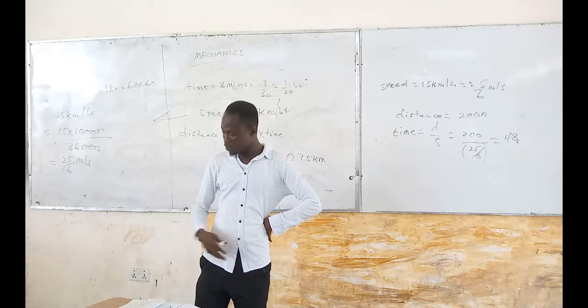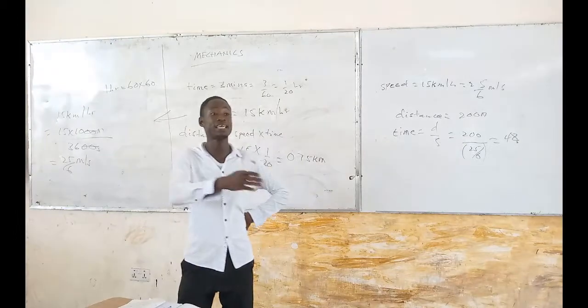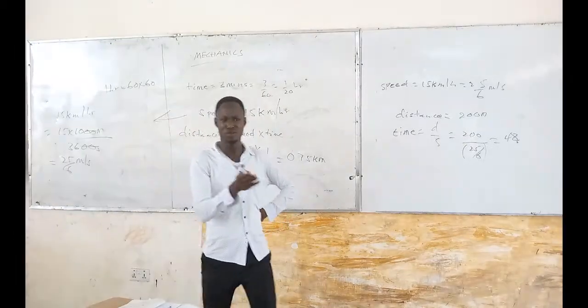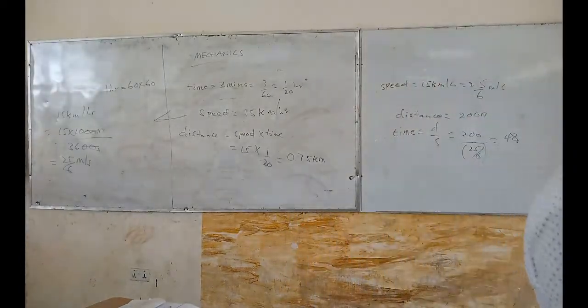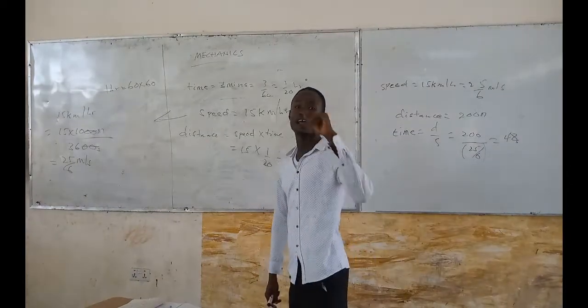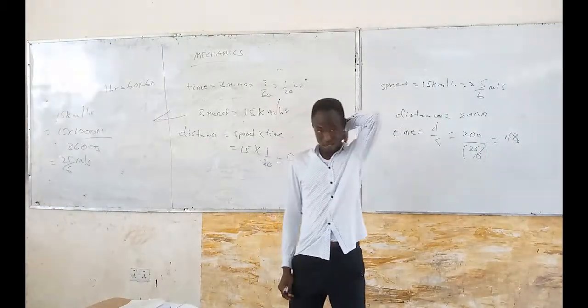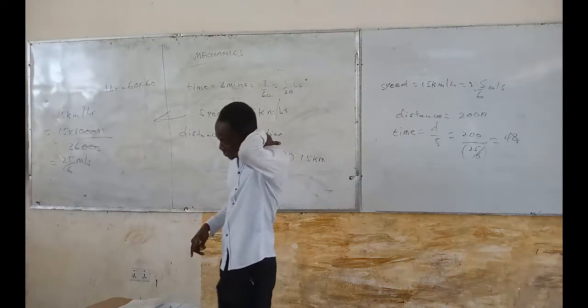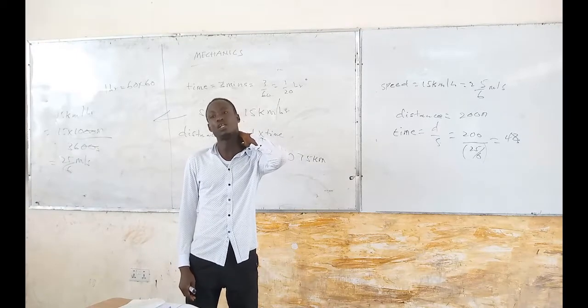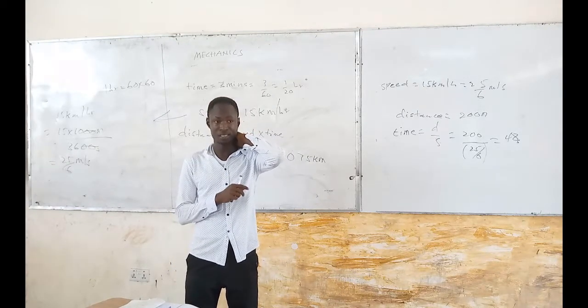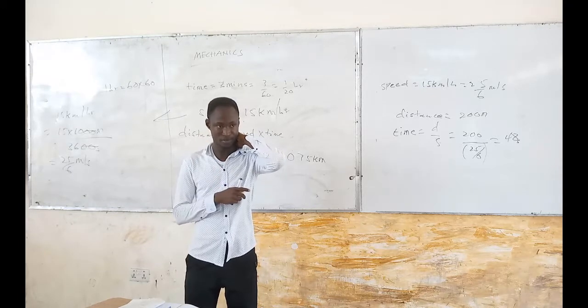So when they are talking about it, it's how far an object travels in a given time interval. Please have it through. Distance over time, that's the definition: how far an object travels in a given time interval. Alright? Okay. And then regardless of direction, we have velocity. So in speed, the direction is not taken into consideration, but in velocity, that's the difference. You consider direction. That's why velocity is displacement over time.